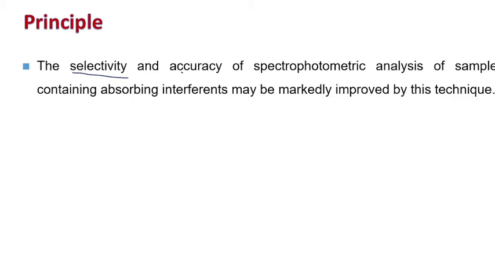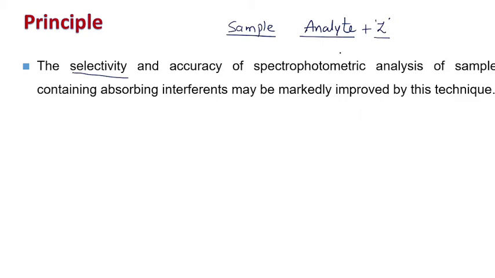Let's say you have a sample, and this sample contains some analyte which you want to estimate, which you want to quantify. Now this analyte is UV active, so it will absorb the light and give some absorbance, but along with the analyte it has some impurities. Let's say I am terming these impurities as Z. These are the impurities, or we refer to it as the interference, and they are also causing absorbance.